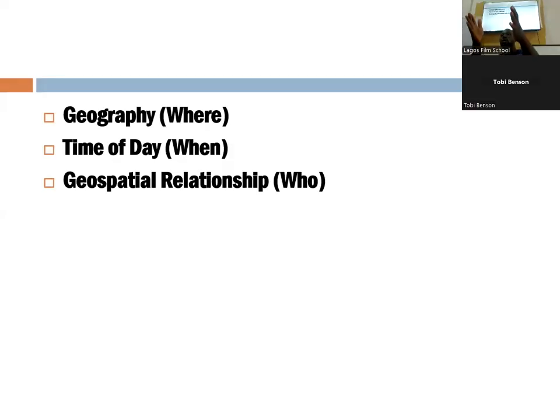When we go to her close-up and she's talking to you, what direction is she supposed to look? This way. Why? Because we've established the relationship geospatially between you guys. So in our close-up, she's looking this way. In your close-up, you're looking that way. In his close-up, if he turns back, we know he's talking to him. Why? We've established it in the wide shot.